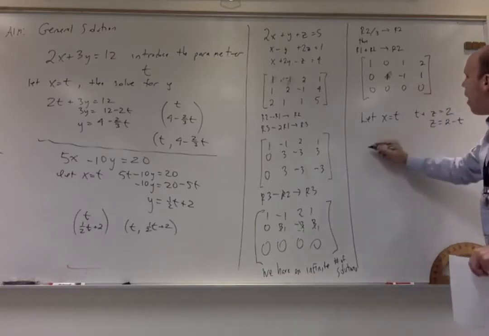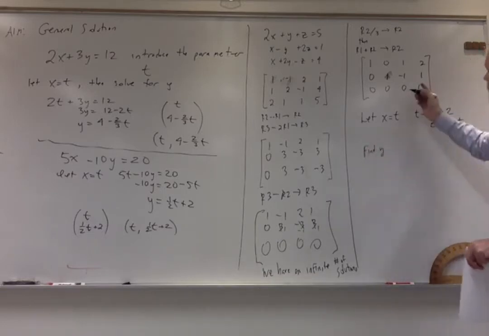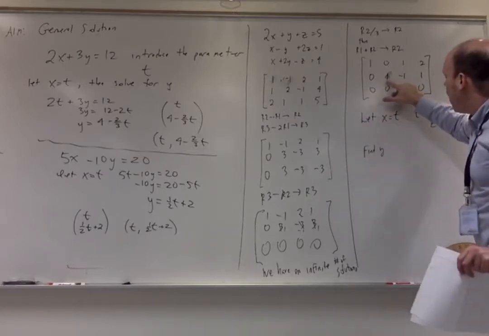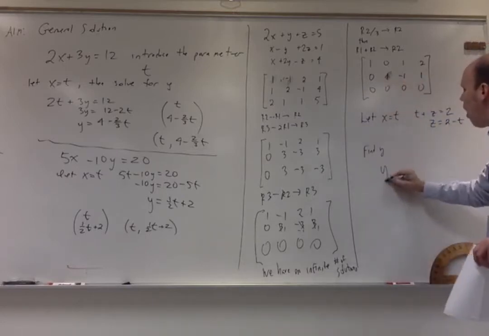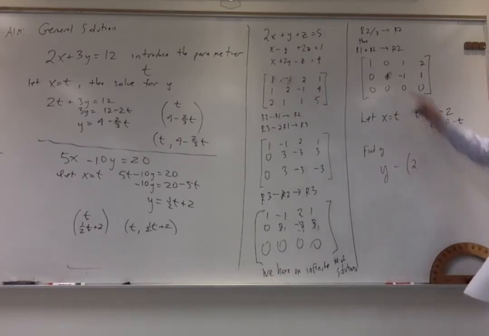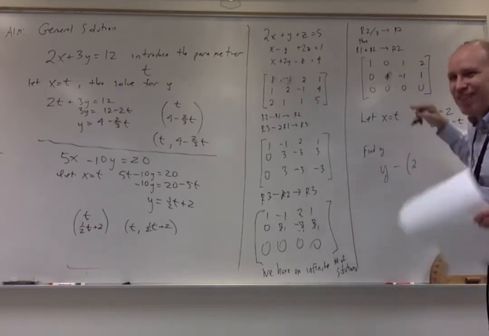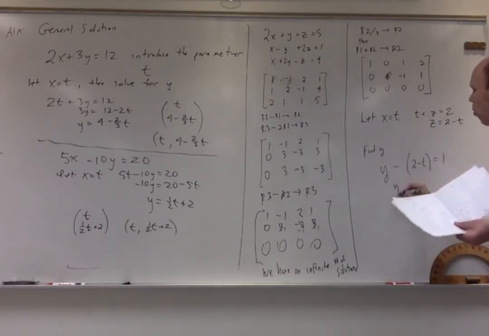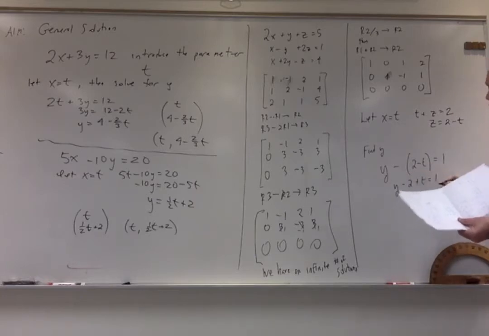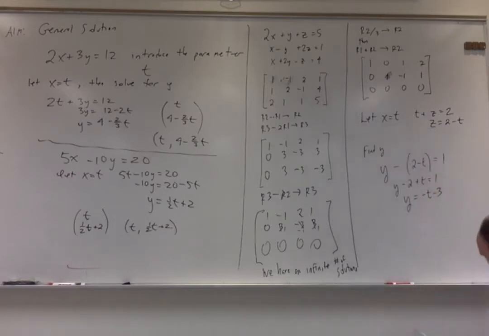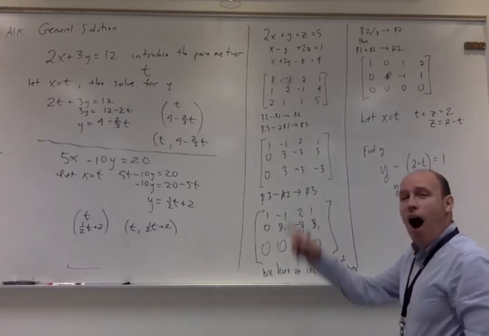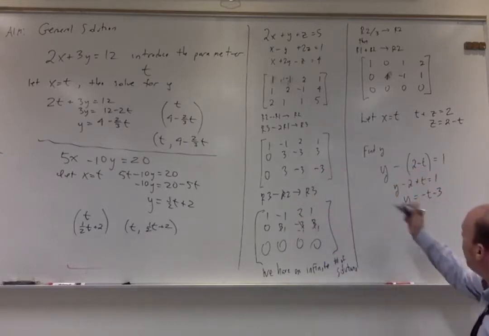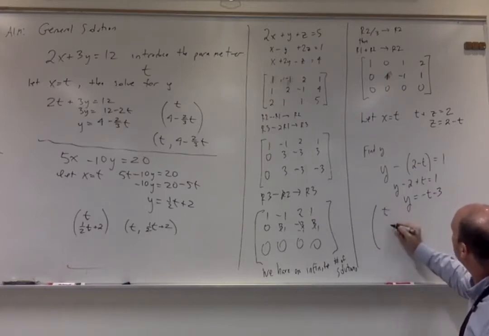Now I want to solve for y. Well, I know this equation is y minus z equals 1. Y minus 2 minus t equals 1. Y minus 2 plus t equals 1. Y equals negative t plus 3. And that is the system. So therefore, for any t, I will get an answer to the system. Final answer, t,